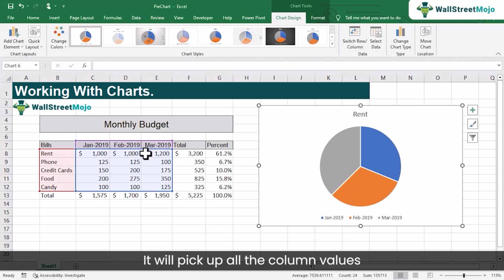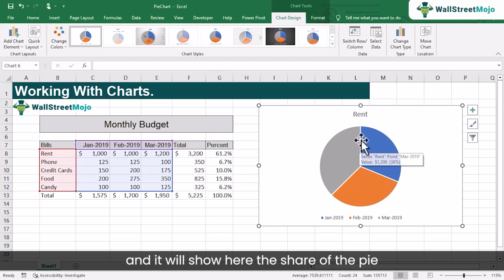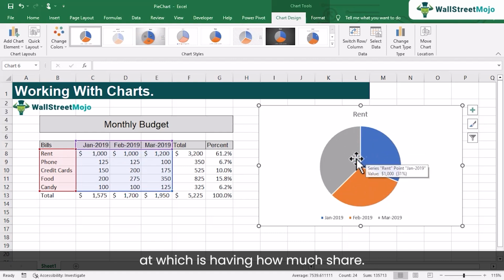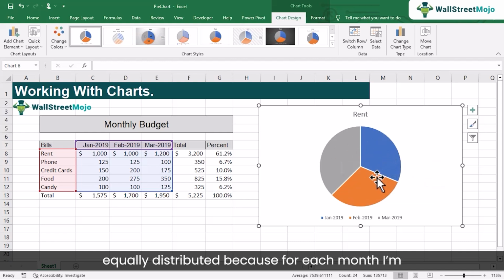It will pick up all the column values as your series and then only display one of them, one of the rows for all the three columns. And it will show here the share of the pie, which is having how much share. Now it might look equal, they are equally distributed, because for each month I'm actually giving the same amount of